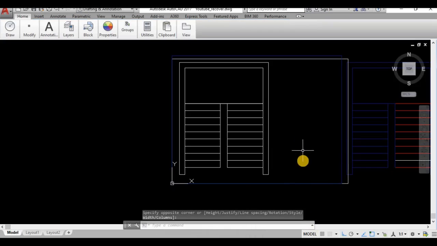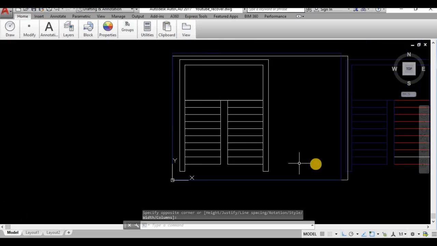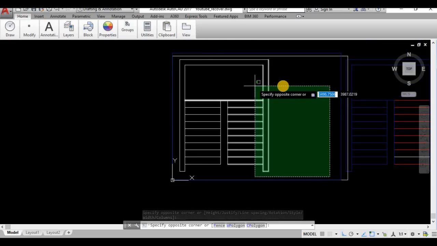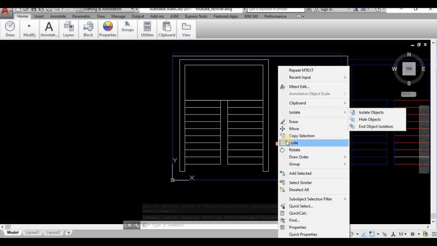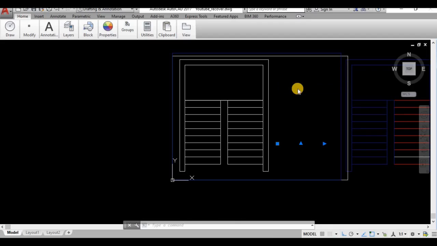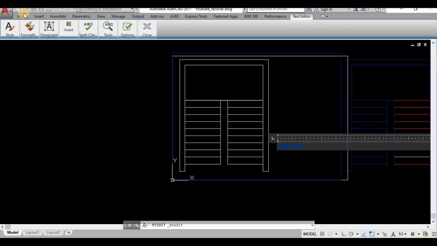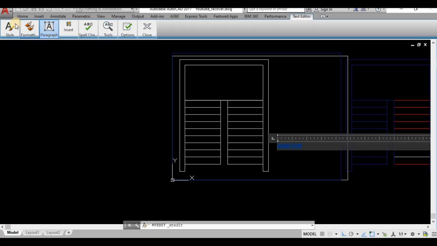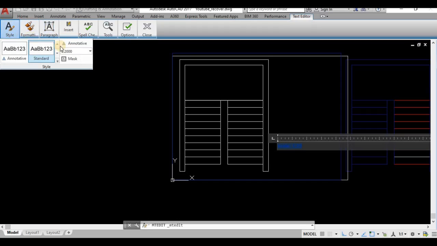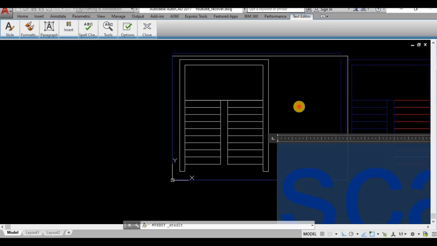Similarly you can scale it. I shall change the size of the text. The size is 20 or 5. I shall choose 5.